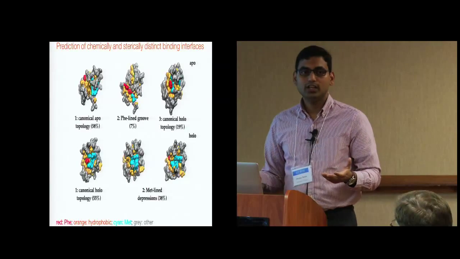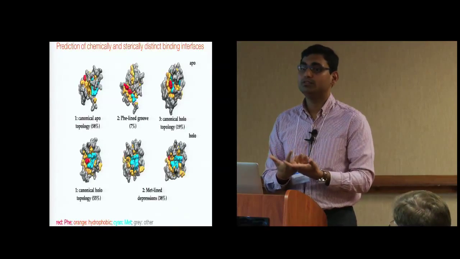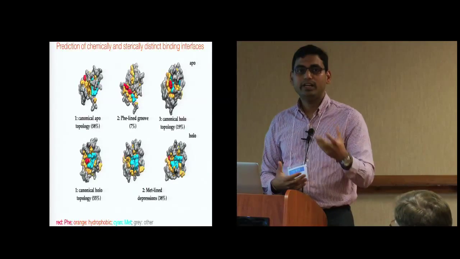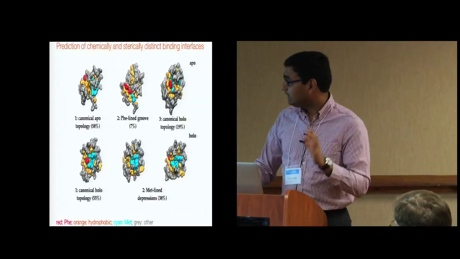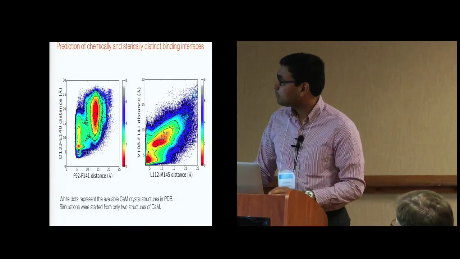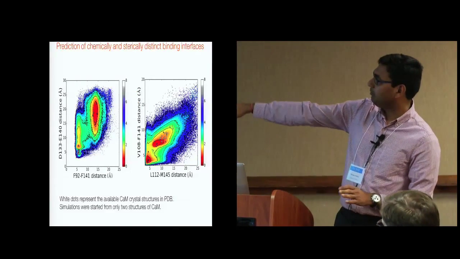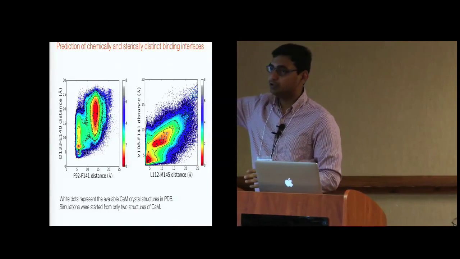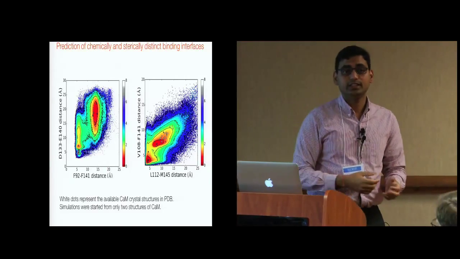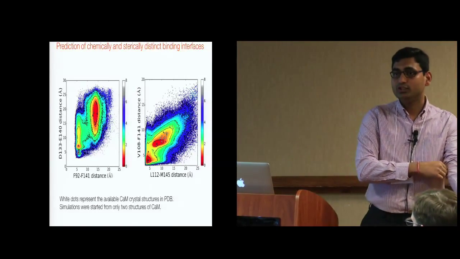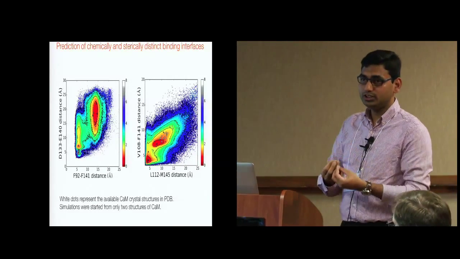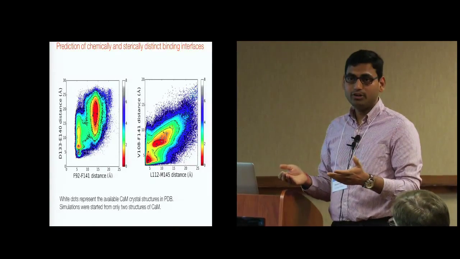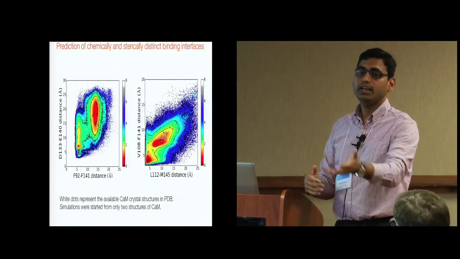And again, this shows you a potential where there's been decades of studies on this protein. Again, you have crystallized a lot of different structures, but you have not found all of them. Whereas what you're doing with computations is finding all these different conformations. The good thing about these predictions is that this is a conformational landscape. You don't have to worry about the axes here. But the point is that these white dots that I'm showing you are different crystal structures that have been crystallized. So we are starting from just 1 or 2 structures that are available, and then finding all the crystal structures that have been reported till now, and something extra.